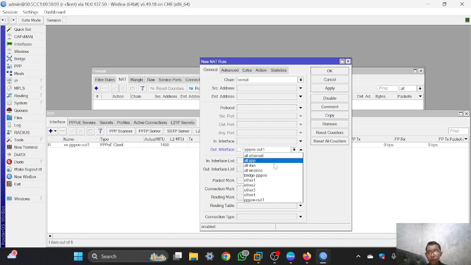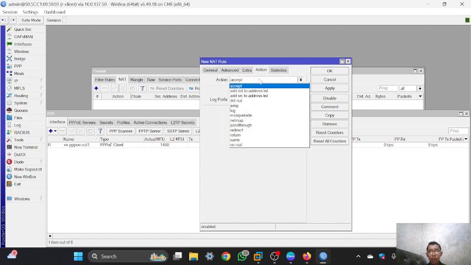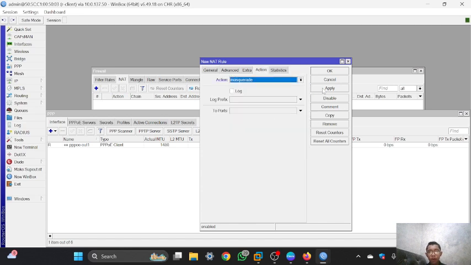Because if you choose Ethernet 1, it is not connected to the internet. The interface that connects to the internet is PPPoE out, and then you can click apply. And the action is using masquerade, and then you can click apply. Okay,